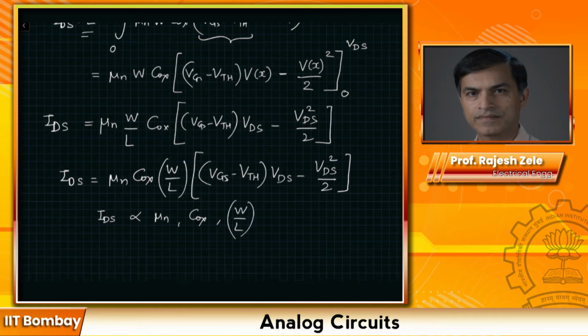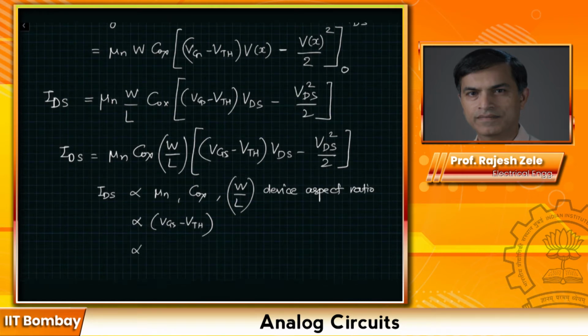This is actually called the device aspect ratio. So W by L, if you increase, which means if you reduce channel length and if you increase channel width, then the IDS will increase proportionately. Other part here also we know that the drain to source current is proportional to VGS minus Vth. So the higher the VGS compared to Vth, the higher the current will be. Also the drain to source current is proportional to VDS. Increasing VDS will increase the drain to source current,